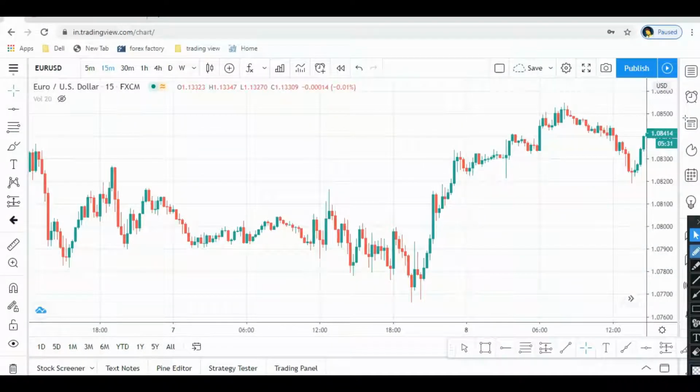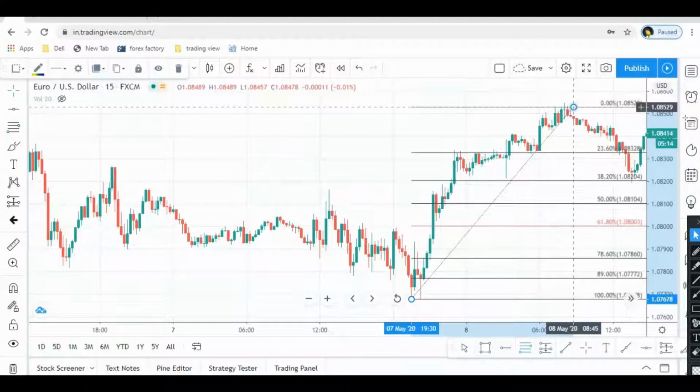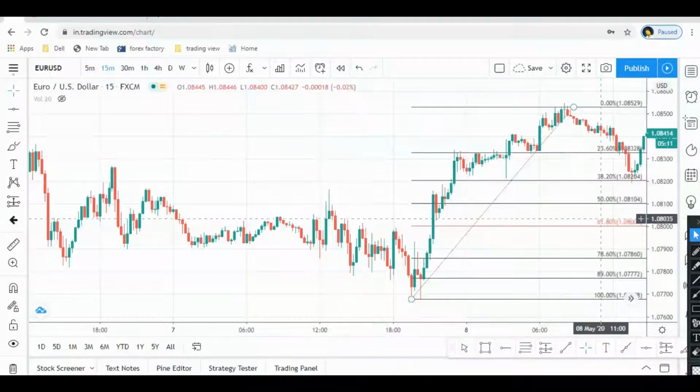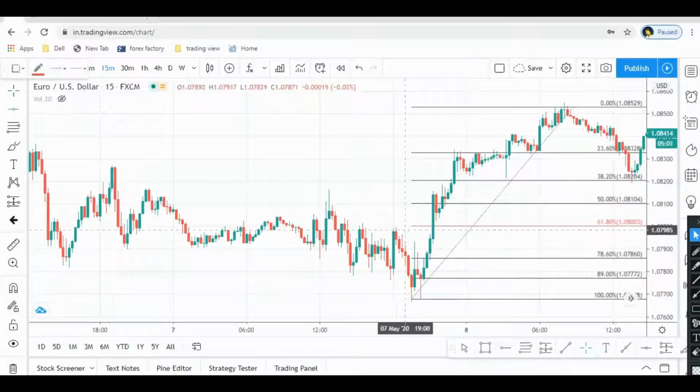Let me show you here also. As you can see, price went from here to there. This is an uptrend, so I have to look for a buy order. What I will simply do is mark a Fibonacci from here to here. Now 61.8 is this particular area. Let me mark this one. Alright, so this area